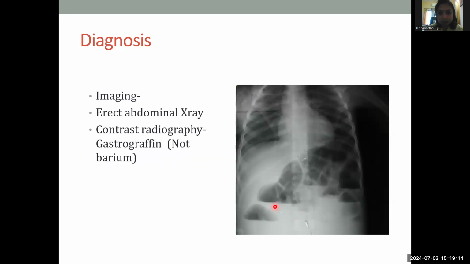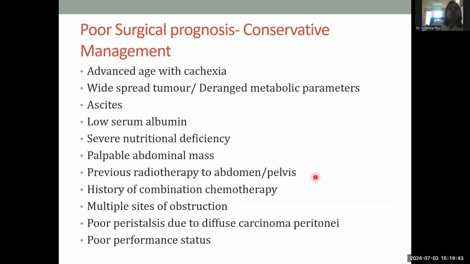Pointer option. Yes. So this is the multiple fluid levels, the straight line and the gas shadow on top of it. All the straight lines here and the gas shadow on top of this. And over here, actually, you can see that the intestine itself is very dilated. The large bowels are distended over here. So poor surgical prognosis.